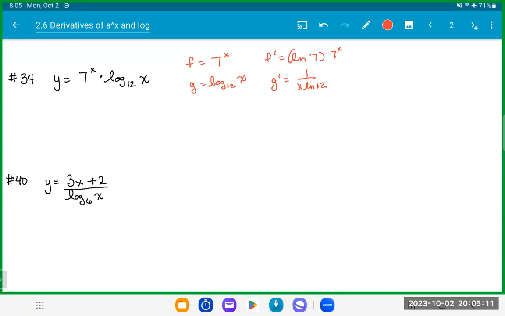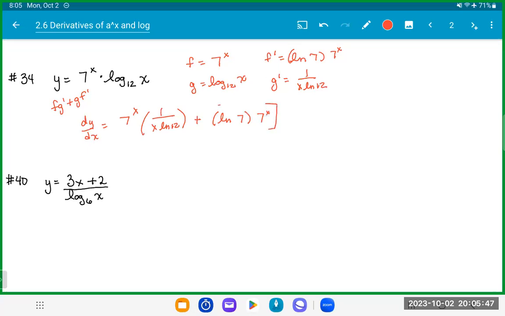Now applying our product rule, f g prime plus g f prime. That's going to give me 7 raised to the x times 1 over x ln of 12